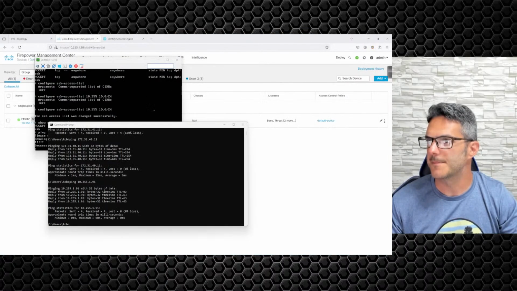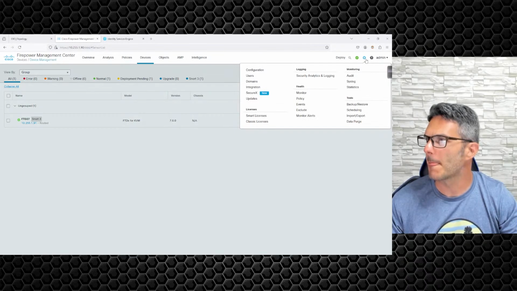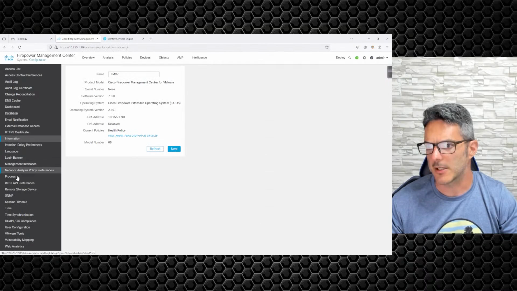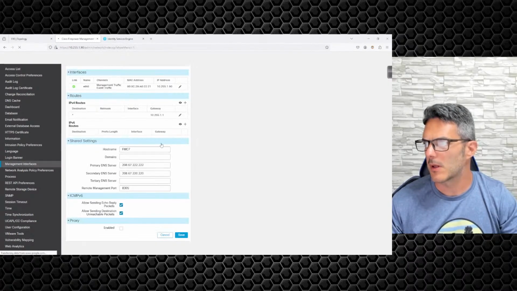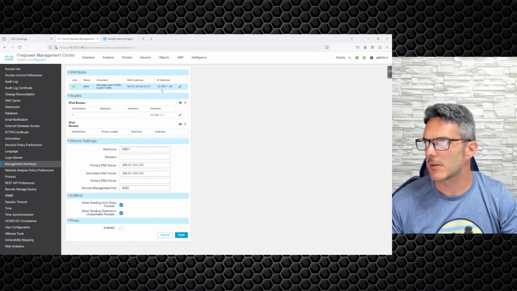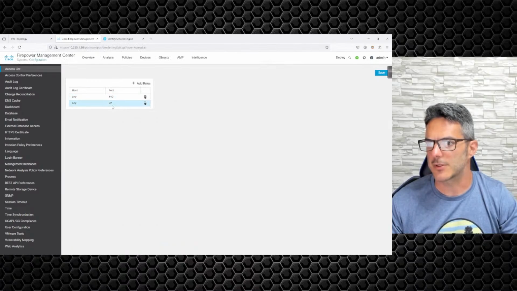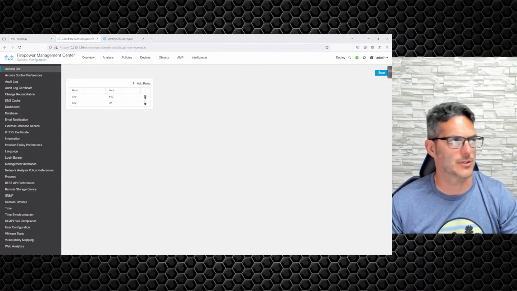So with that, I have to come over here. And this is an FMC level thing, so I come over here to the FMC configuration. Yeah, here I would do it, SNMP, management interfaces. I don't want to change any IP addressing, but access list. Yeah, see, it's allowing anything to connect into it. So I should be able to, for example, pull up PuTTY. I don't know why PuTTY is just timing out, but